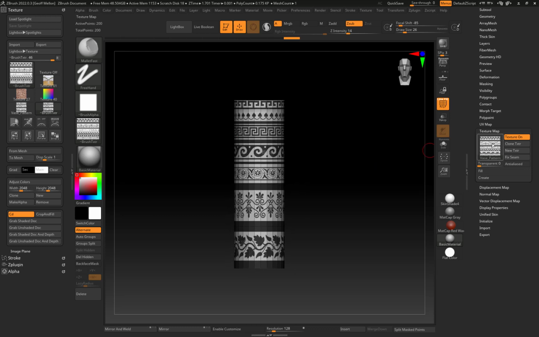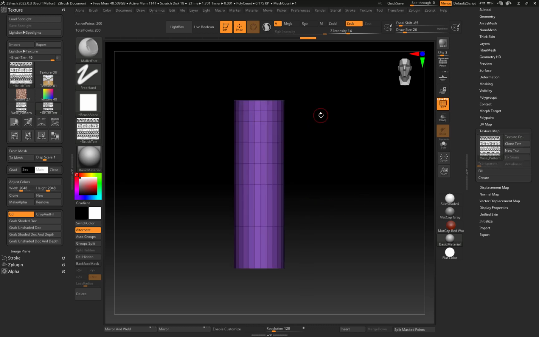So the first way I want to do this, I'm going to show you a couple ways to do this, is we're going to use this pattern we had, and we're going to go ahead and just extrude it out. But to be able to do that, the first thing we should probably do is divide this into different polygroups. To divide things into polygroups, all we have to do is separate them, hide parts of it, and then change that one thing that's not hidden to a different polygroup,